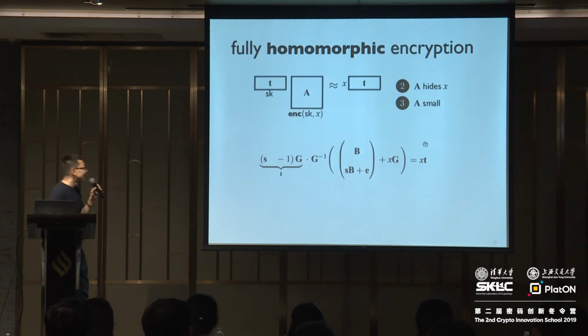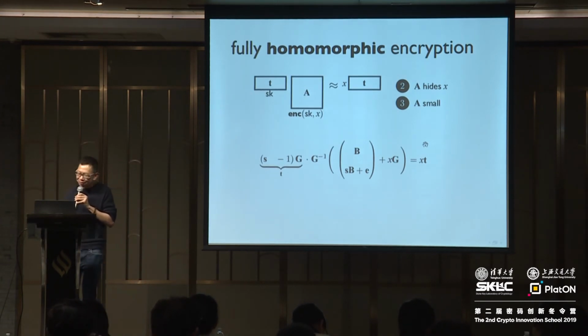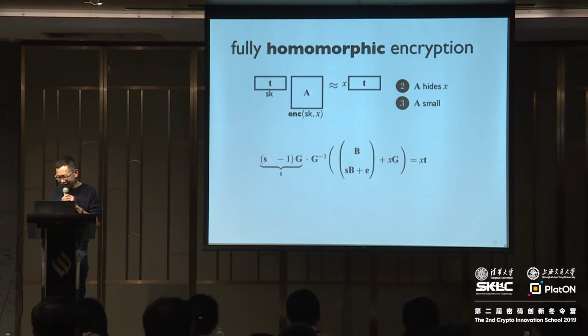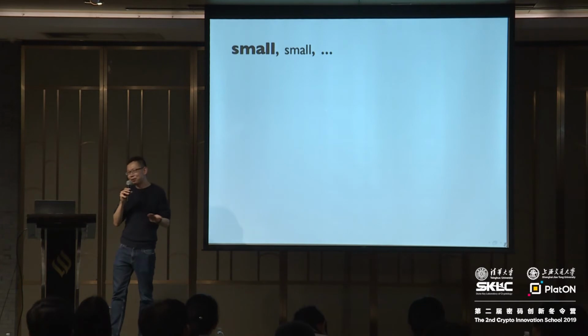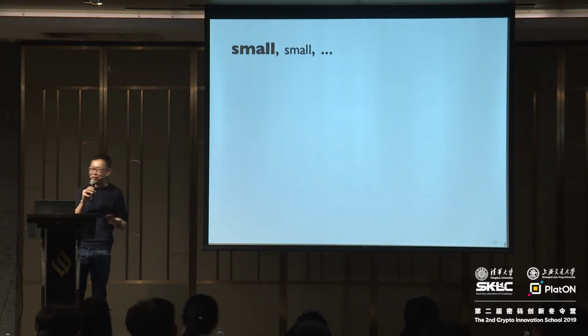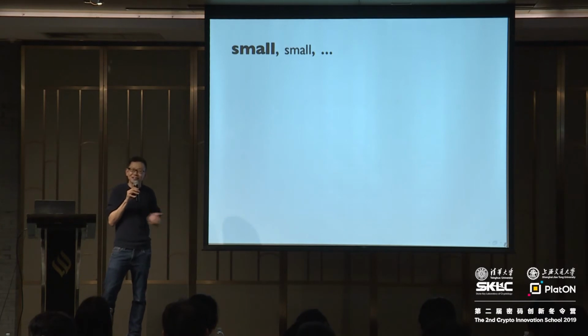Right. So I do want to go into a little bit more detail, namely the issue of small. Okay? So I talked about small, small, small. I say if you multiply two small things, you get something small, but the small is a bit bigger than before. So let me try to go into a bit more detail to understand what all this different hierarchy of small really means.